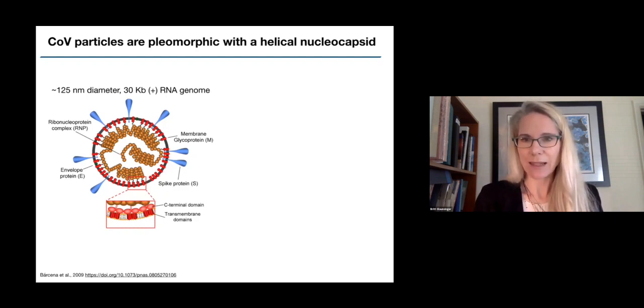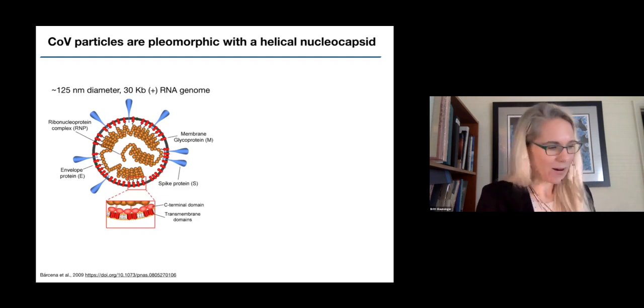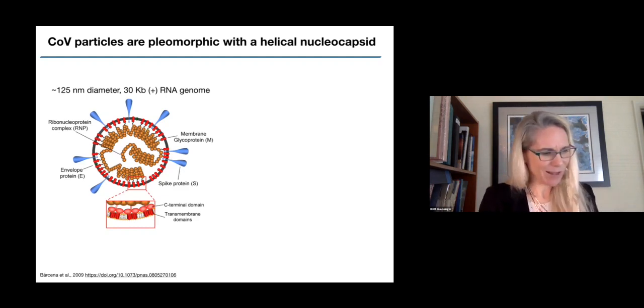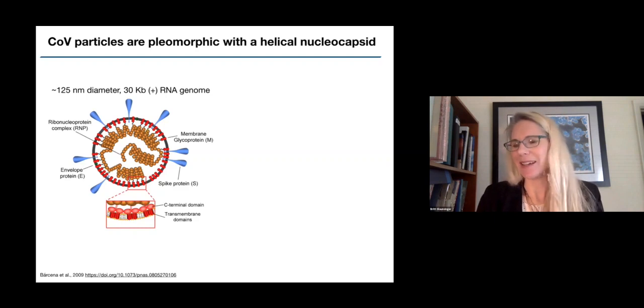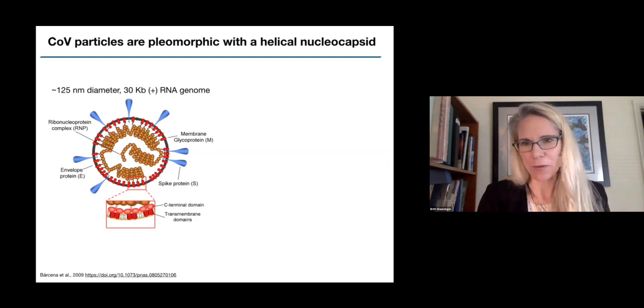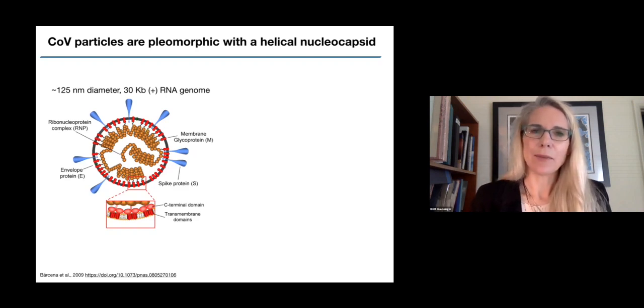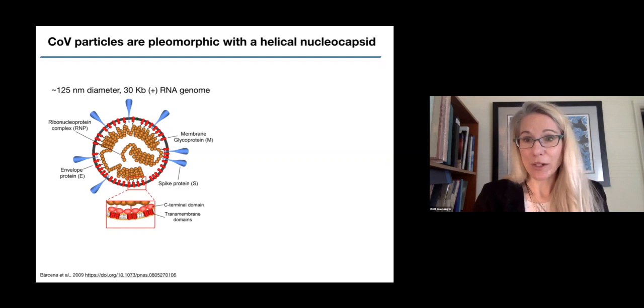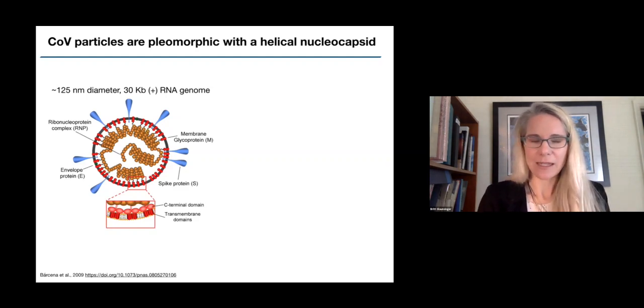This is the protein that gives these viral particles their name, corona, for either the halo effect that's seen during a solar eclipse or the crown-like shape that one sees when you look at these viruses under an electron micrograph. The spike protein I'm going to talk a little bit more about because, of course, this is the protein that's really critical for viral entry and is the source of a lot of vaccine development and other sorts of